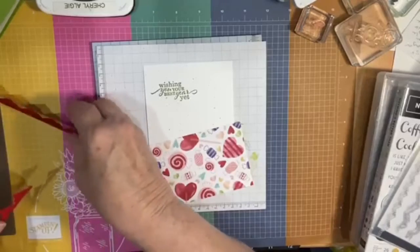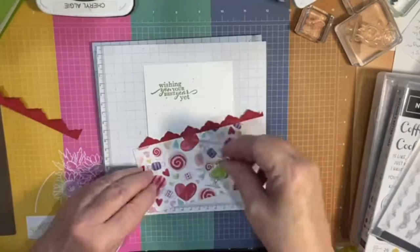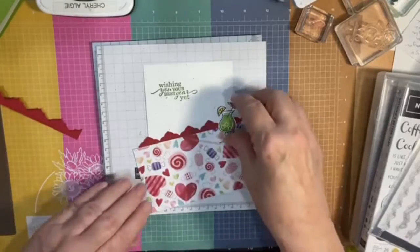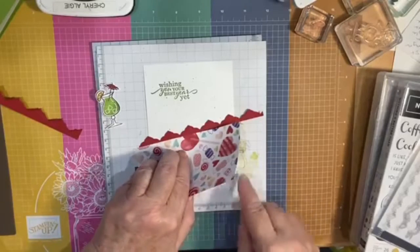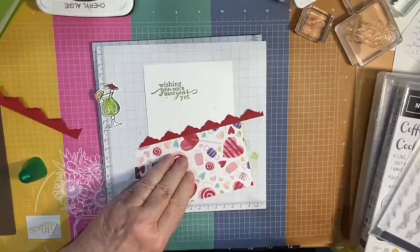This one seems like they're different, I reckon. Just trying to work out how far down I want it. Yeah, I think that's good. I think. So what I might do